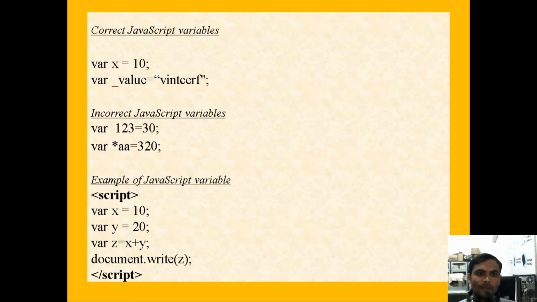Now, for your understanding, the purpose of a variable: I took the example var x. In x we are storing the value 10, which is an integer value. Here we are not defining the data type. Var is a data type. Internally, at the time we run the JavaScript program, the JavaScript compiler defines the data type at runtime. That is why we call JavaScript dynamic.